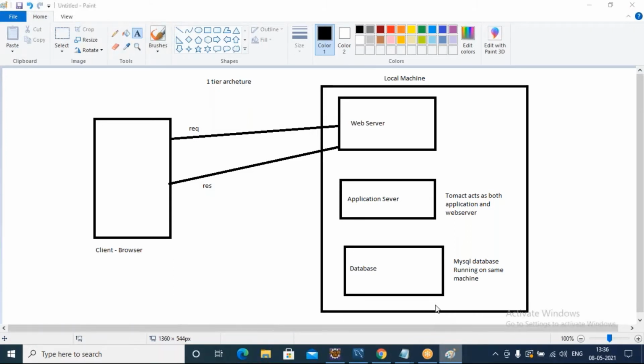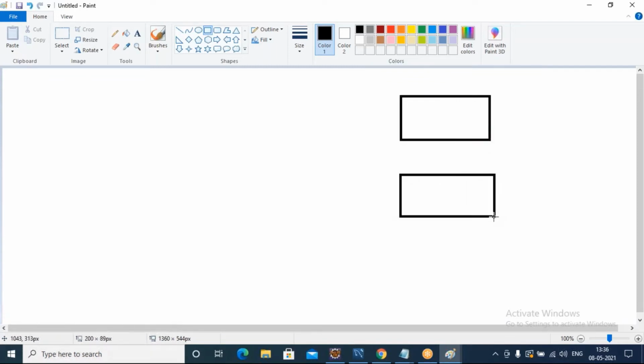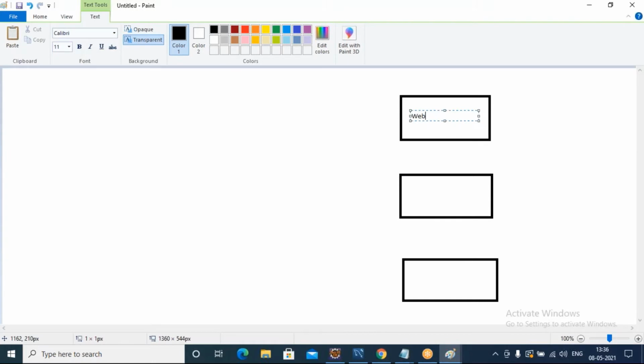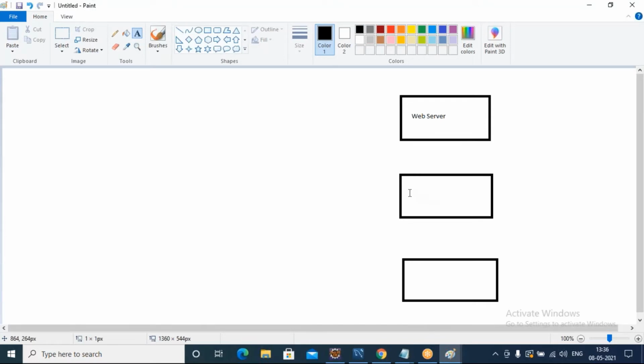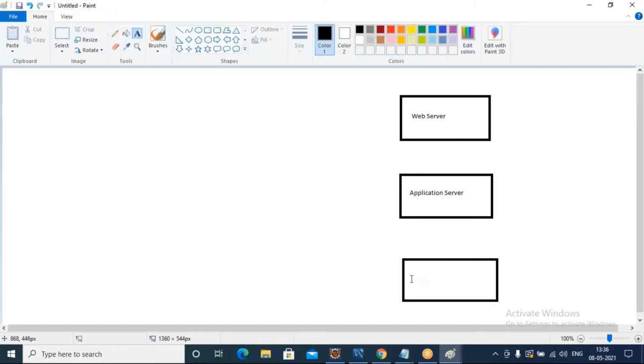Then what do you mean by three-tier architecture now? I want to explain. Assume that in the same way we have a web server, an application server, and a DB server. So this is my web server, application server, and database server.